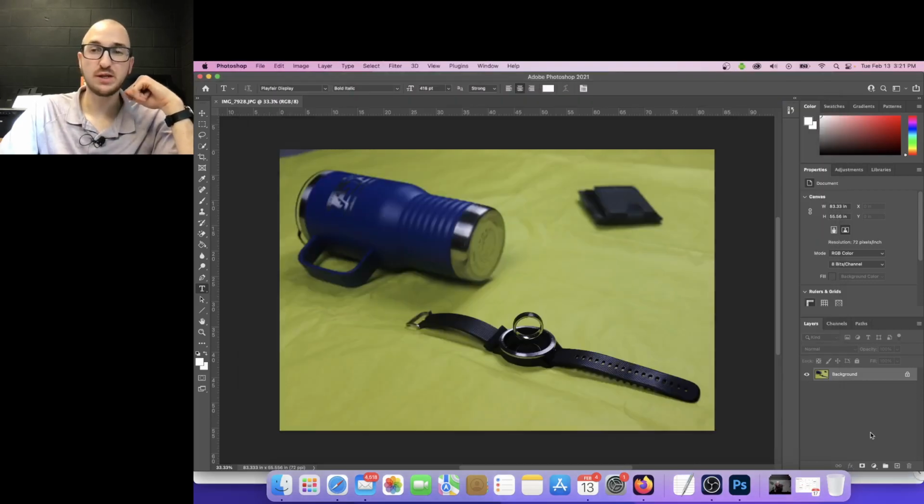Hey everybody, Mr. Youngman here, and today we're taking a really quick look at the camera raw filter inside of Adobe Photoshop 2021. To go ahead and get started, we're going to click on our photo in our layers panel,